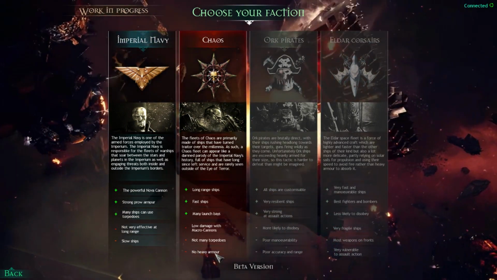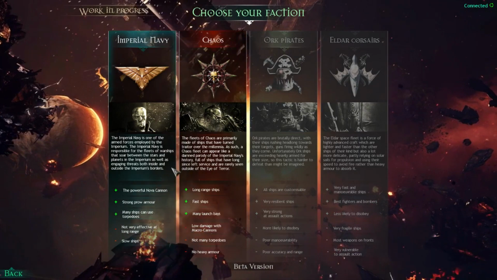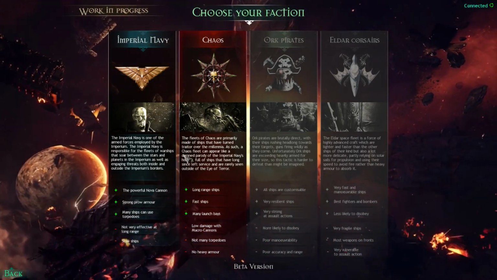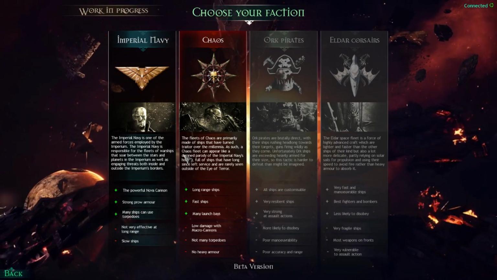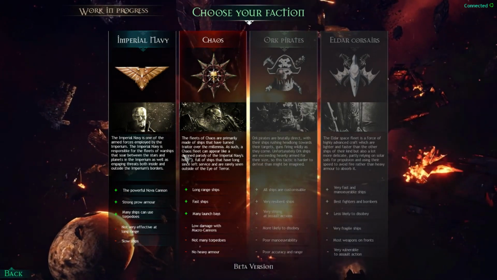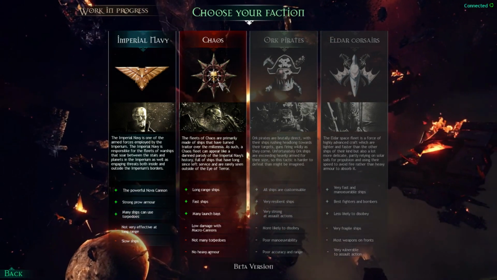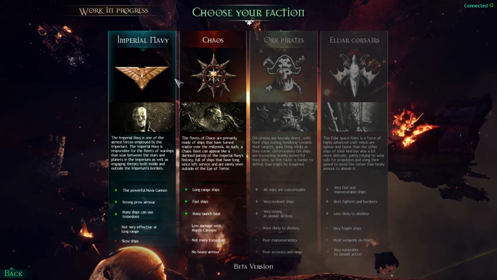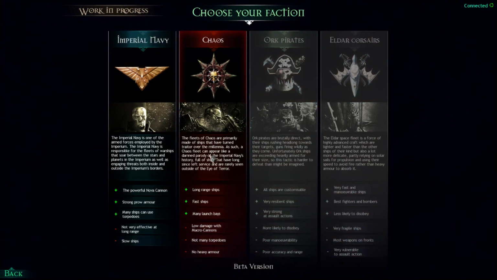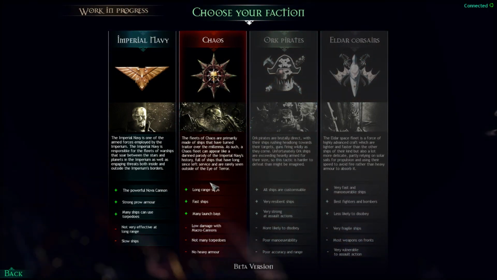I can't tell you that. I haven't played them, so we're only taking what's on that side available as information. But already on that, this information here should give you enough to make the conclusion how to play the faction. So, for example, should you choose to play Chaos, then you should try to stay out of close